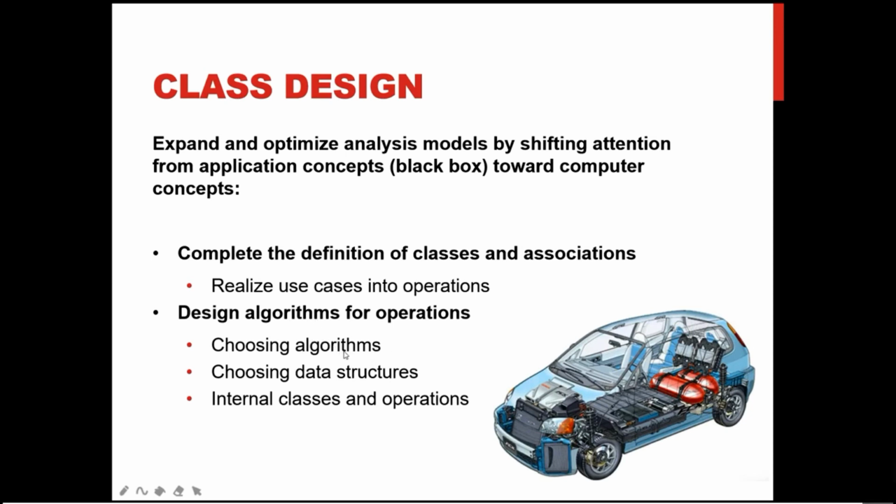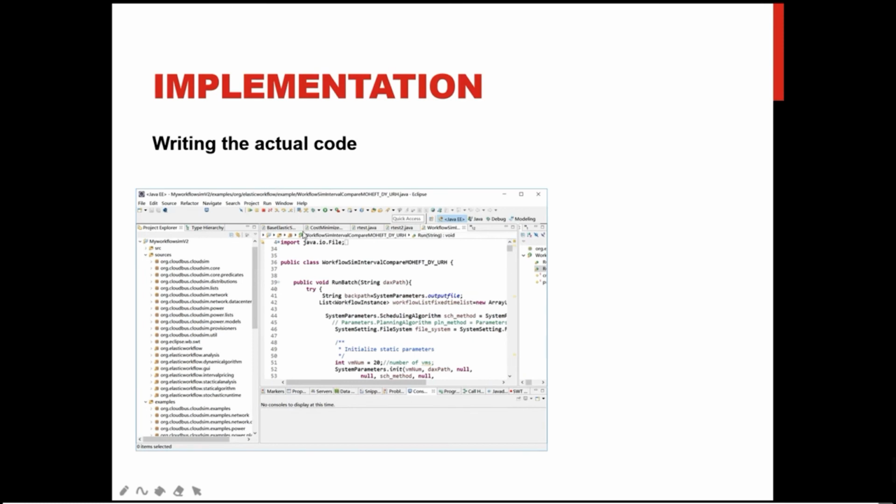It means we will select an appropriate algorithm, find a suitable data structure, and add some necessary operations to the classes. This is the class design stage, but it is not implementation. So in the implementation stage, we will really